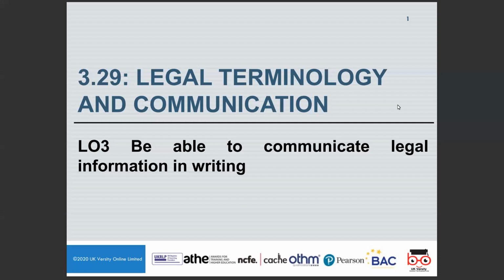Before I proceed with looking at the elements of Learning Outcome 3, we're going to summarise what we did in the last session, which was Learning Outcome 2, oral communication and different styles. We looked firstly at what oral communication is, the process of exchanging information, thoughts and ideas through spoken words. It is a fundamental form of human communication that allows individuals to interact, express themselves and convey messages directly to others using speech.